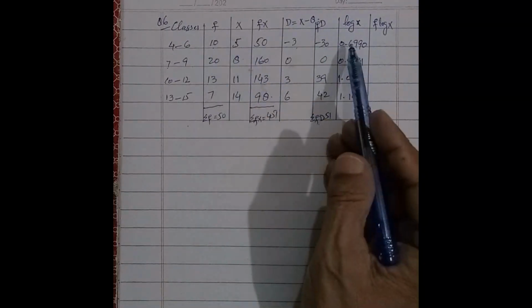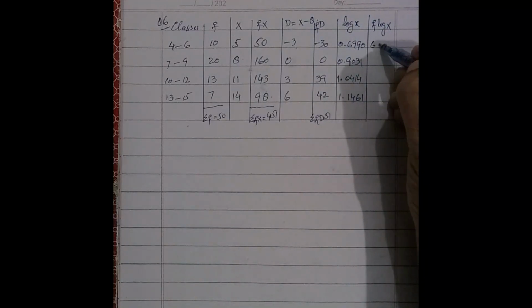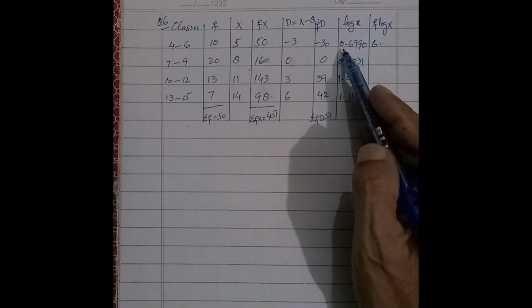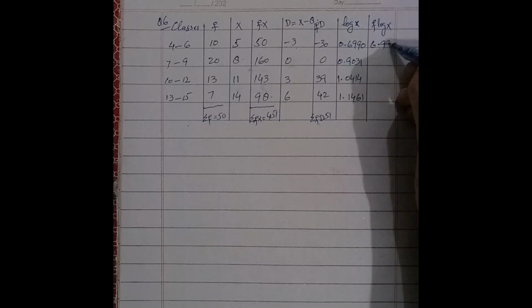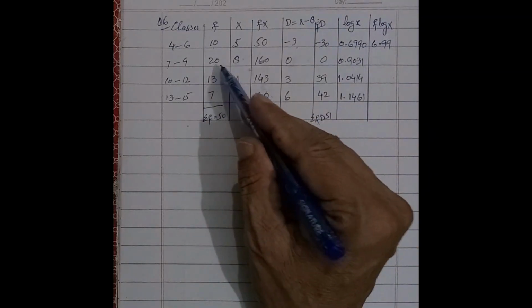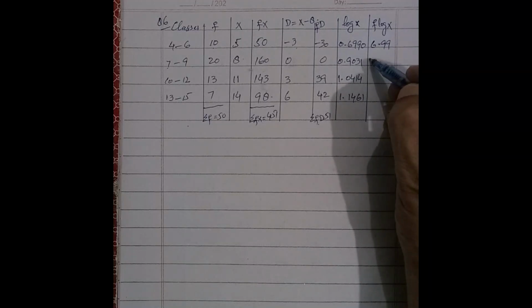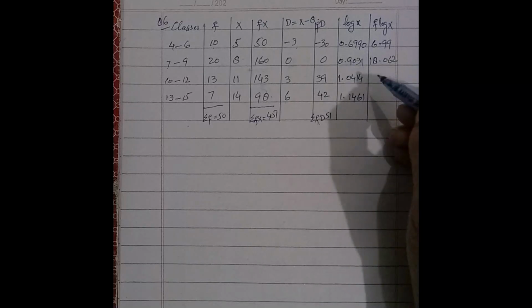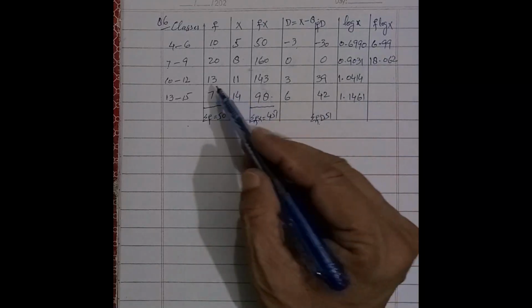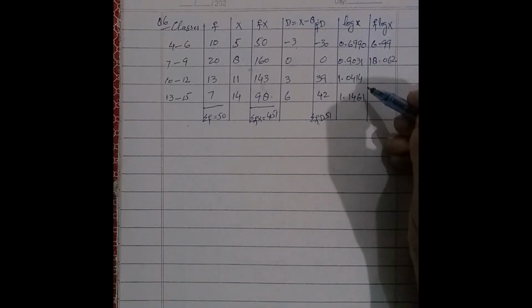Multiply f by log x. 10 multiplied by 0.6991, we get 6.99. Multiply 20 with 0.9031, we get 18.062. And 13 multiplied by 1.0414, we get